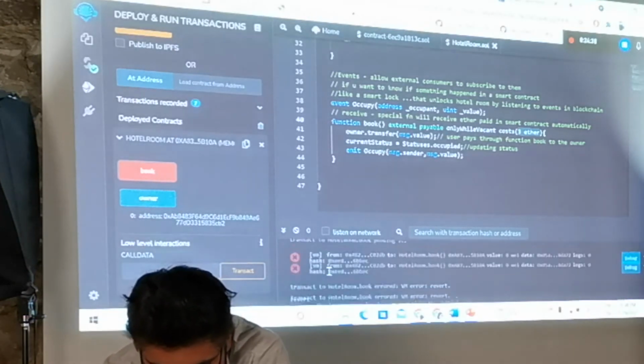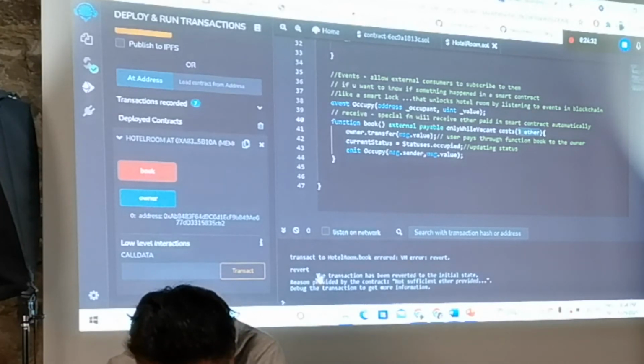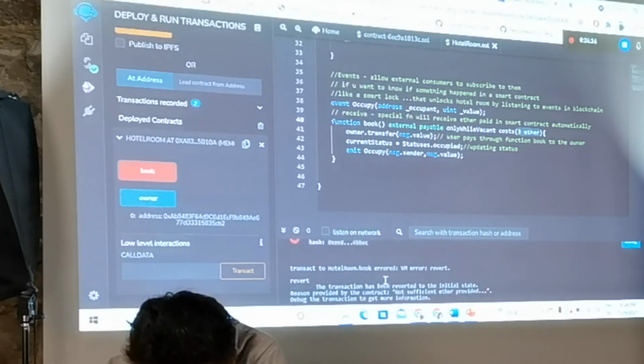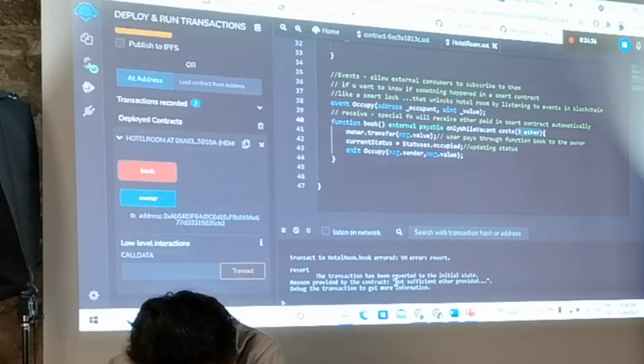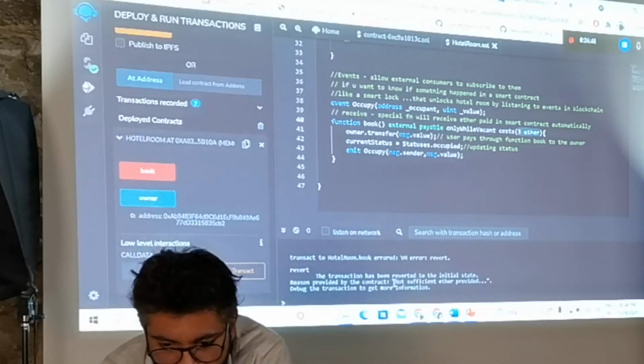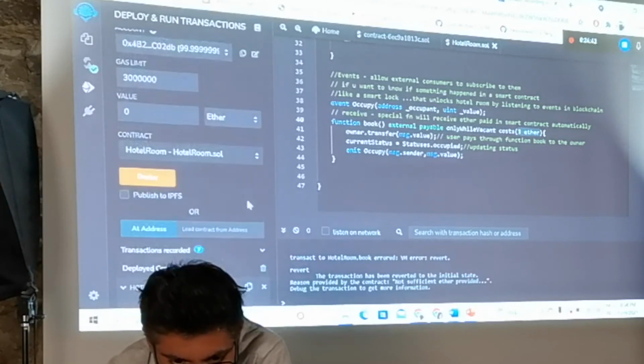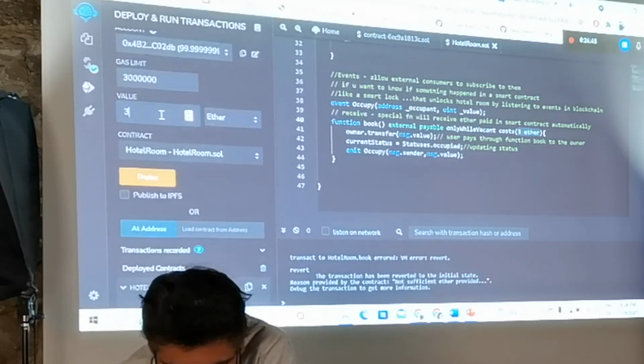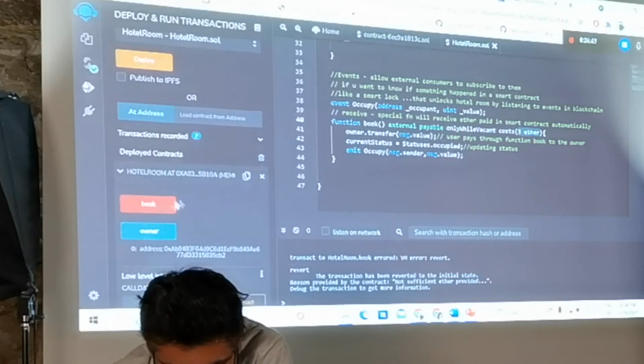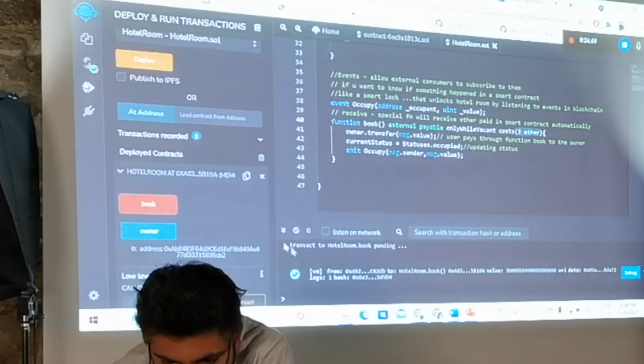It will throw an error and say, see, not sufficient ether provided, because the amount is less than 3 ether. So I will change the amount to 3. Now I try to book it. It has booked the room.